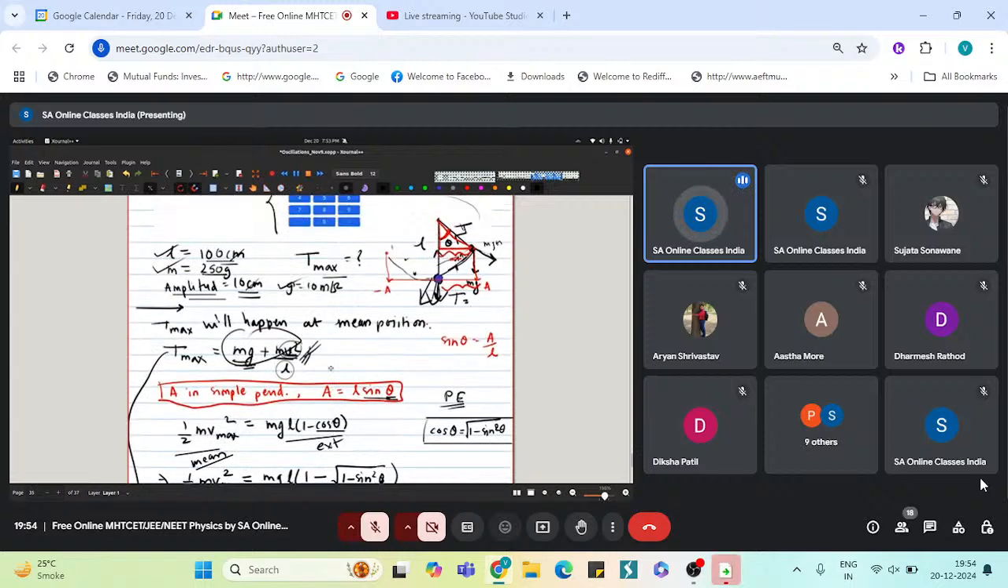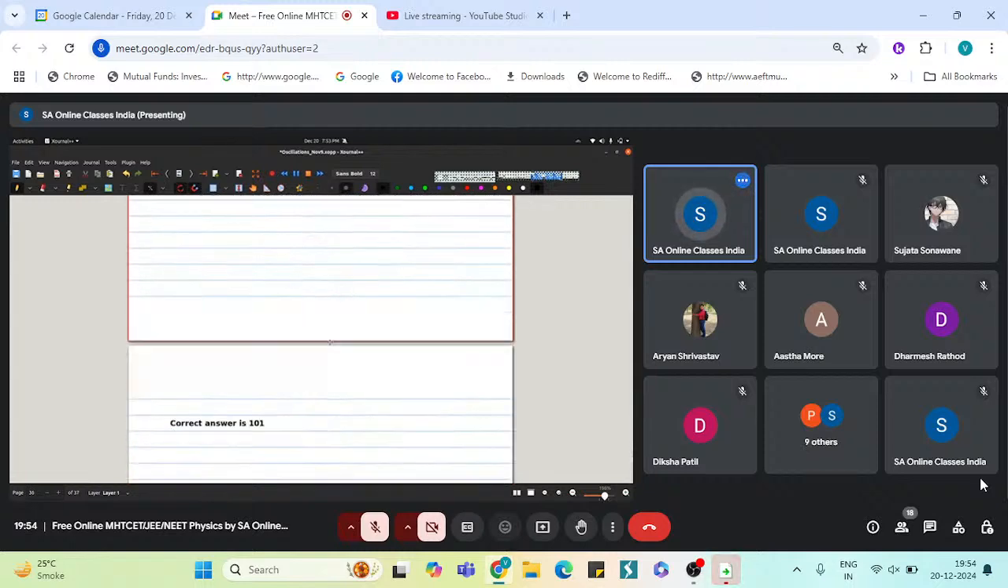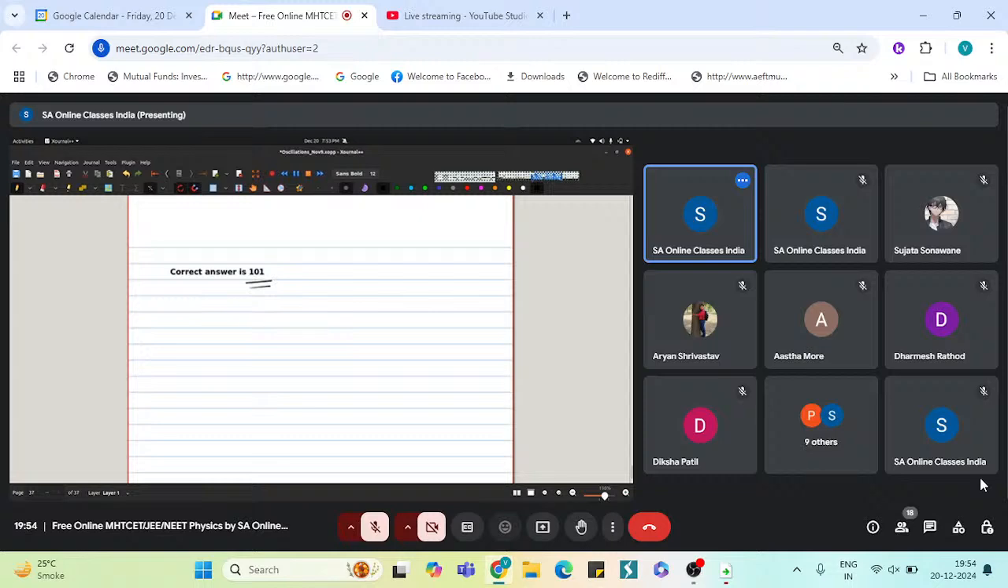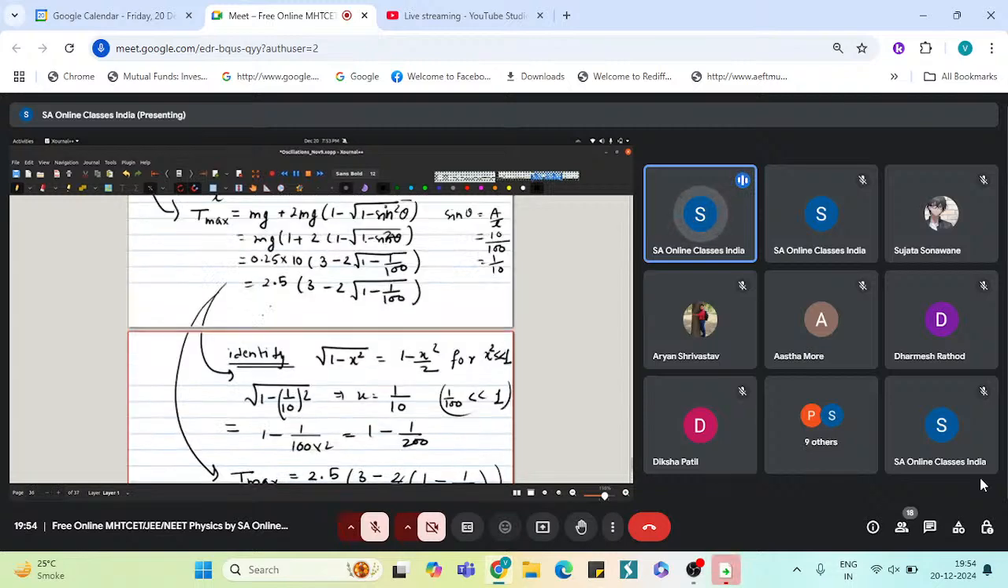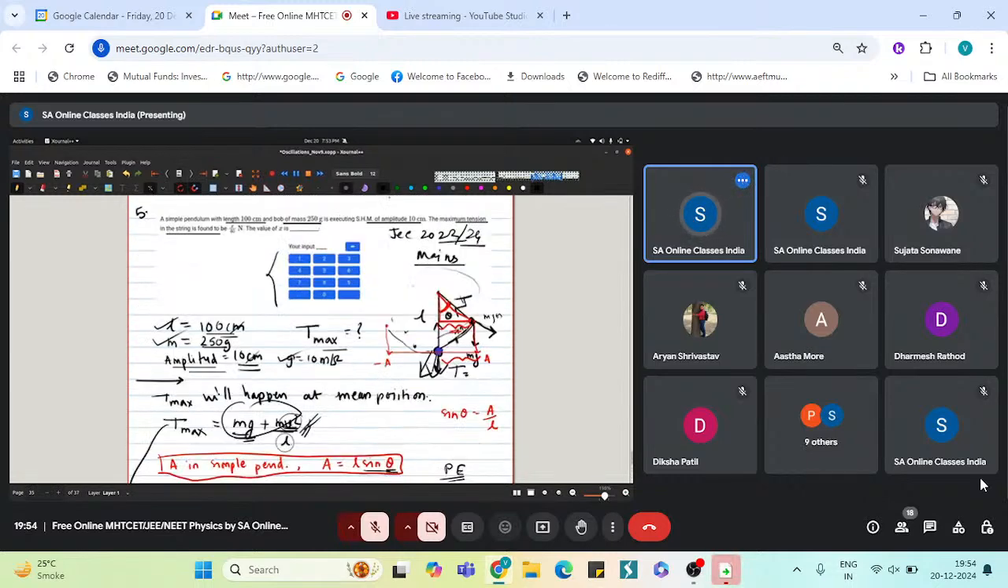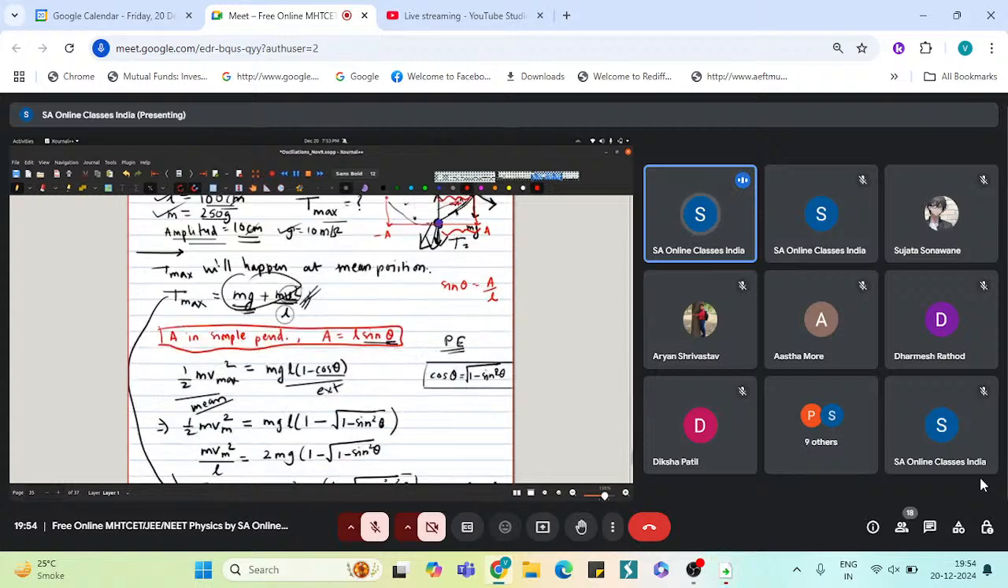I mean, I have already gathered 2 pages of this thing, so I'll just, yeah. You can simplify this, but these were the tricks that we use mainly, things that are worth remembering for other questions also. So first will be that T max happens at the mean position. Then the second concept was what is the value of T max. I'll just write this neatly again. So the value of T max will be mg plus